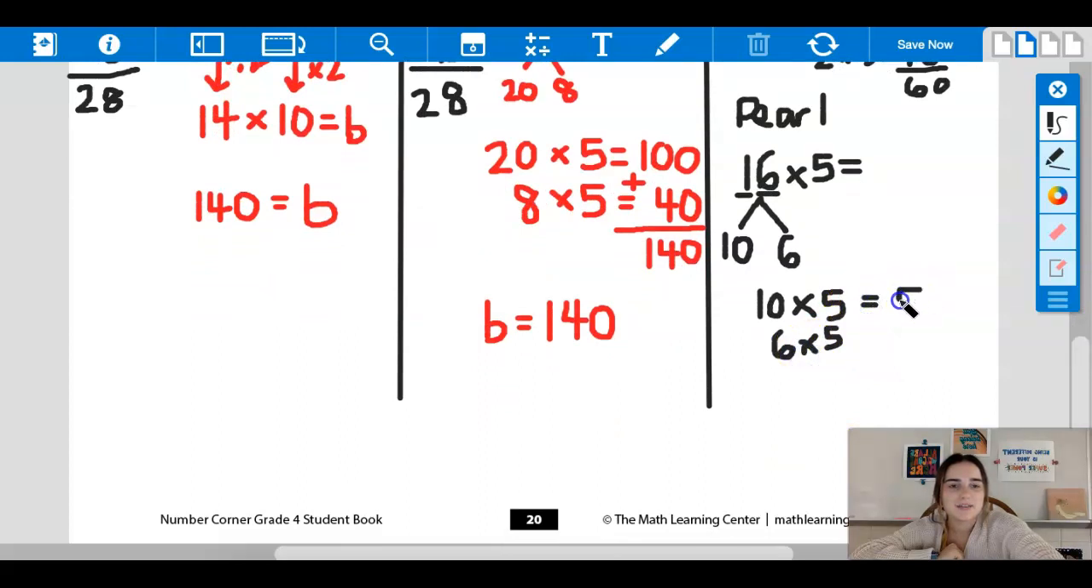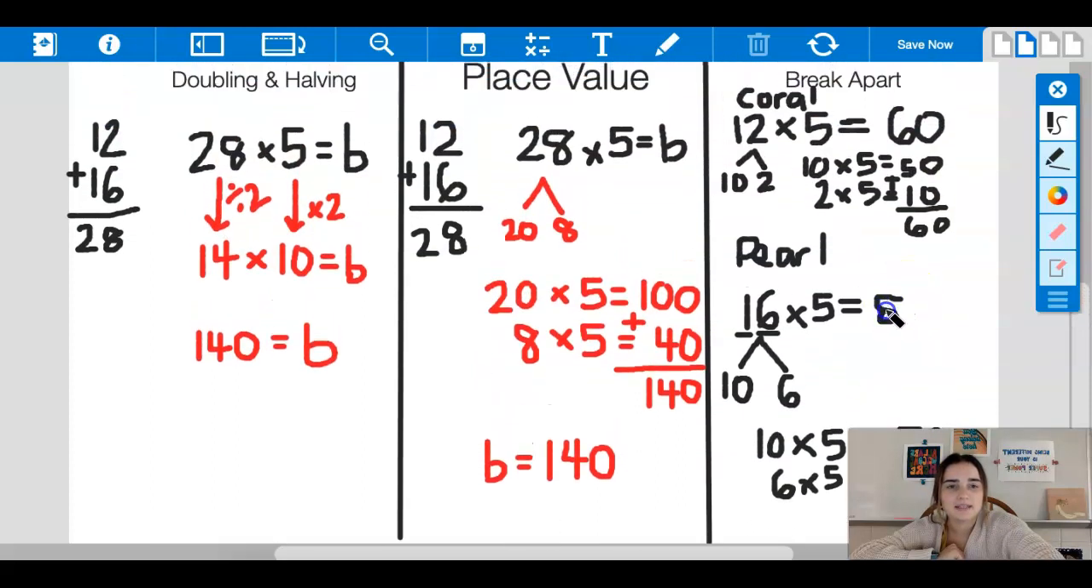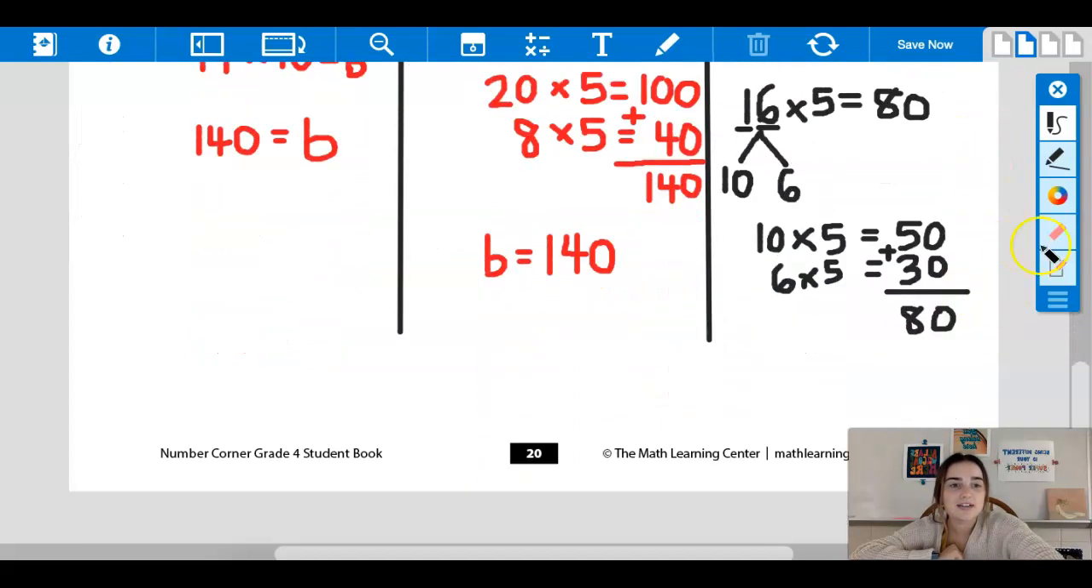And I end up with 50 plus 30. 50 plus 30, I get 80. So Pearl has 80 beads. Now what I need to do is add both of their beads together. So I'm going to take the amount that Coral has, which is 60. And I'm going to take Pearl's, 80. When I add those together, I get